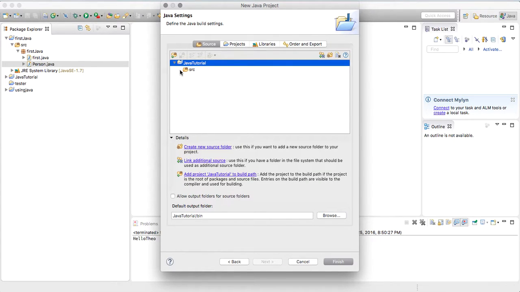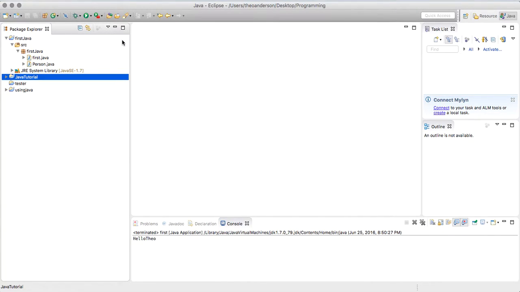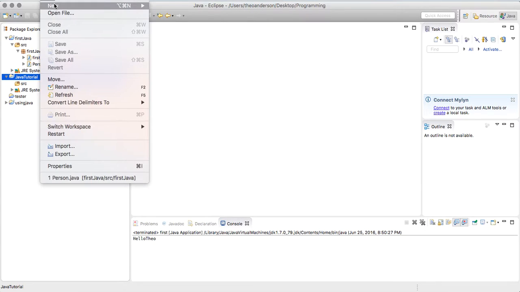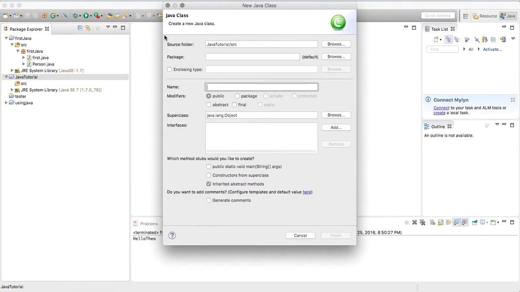Here's the source code and all the stuff that comes with it. You don't need to worry about that for now. We're going to create a basic tutorial. We're going to add a class first of all. File, new class, and this is just going to be our root. I guess you can't go with that. This will be the home class,